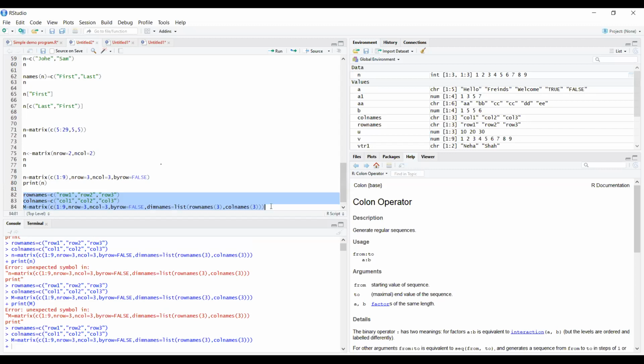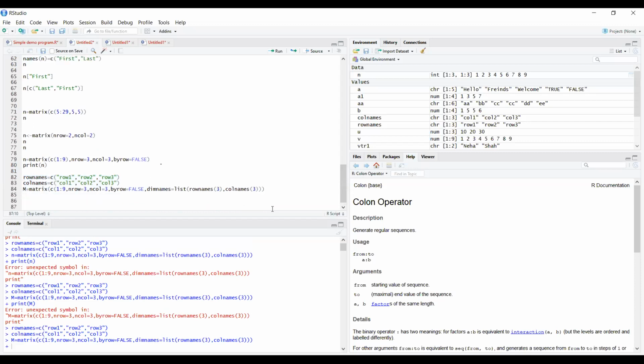So basically this is what we are considering. There might be some issues with RStudio. Anyways, let's check it once again. What it should give you is the names of the rows and columns. Instead of 1, 2, 3, it will give you row 1, row 2, and row 3, and so on. Let me try once again for you.